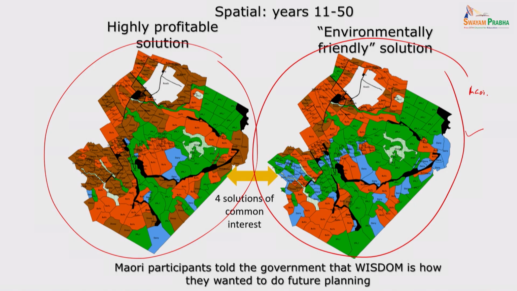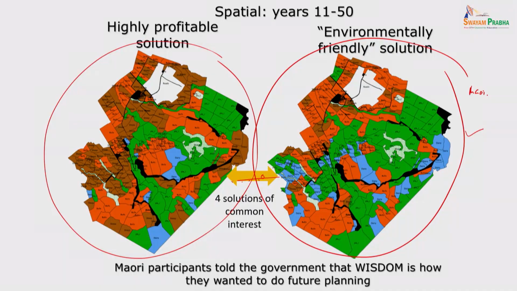So I said, okay, don't worry. We'll show them another one towards this direction. Because we have 100 solutions, we pick those and slowly go. At some point they said, okay, we can live with it. We didn't have to come all the way to the highly profitable one. But this was part of it, which we didn't show them in the beginning.